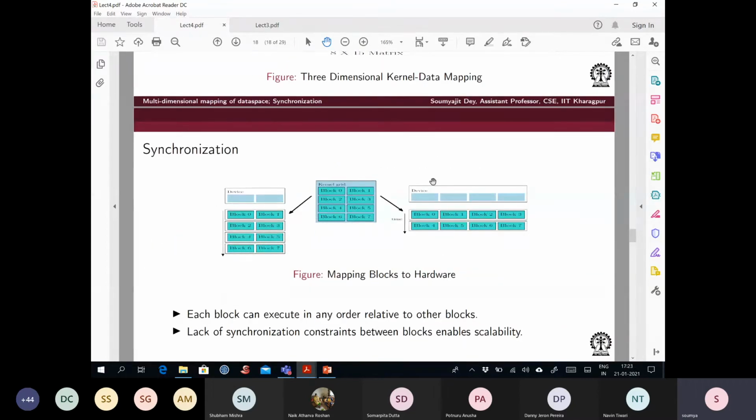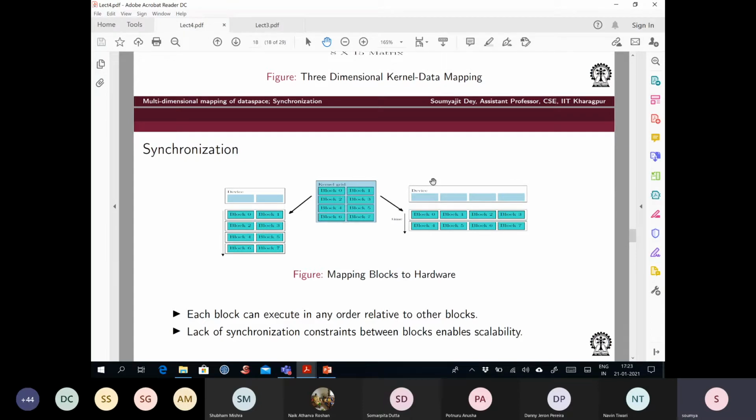Now, like I was saying, when you are trying to run the kernel on the GPU, you have the blocks getting scheduled on the different SMs, right? Now, inside an SM, the blocks can execute in any order. How it will execute depends on the hardware scheduler. Inside a block, as I was saying, some of the threads will be packed together into warps. Typically a warp is of size 32.